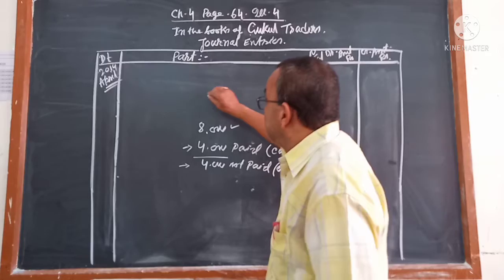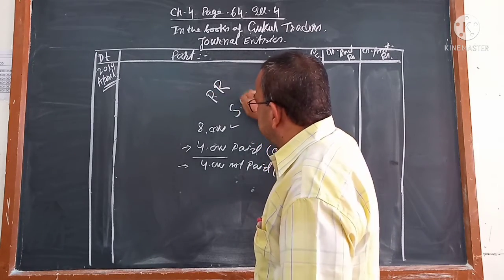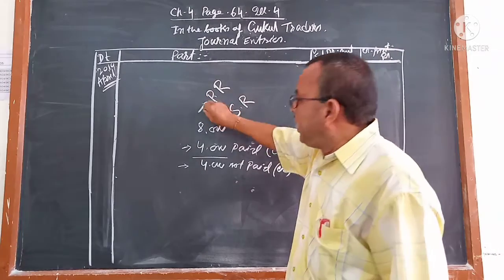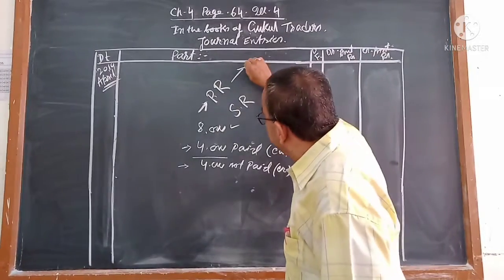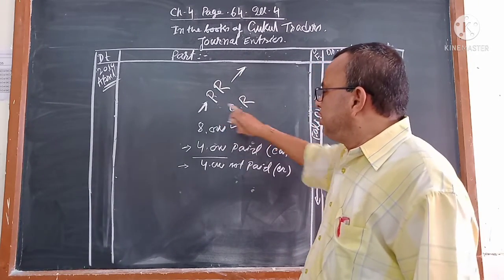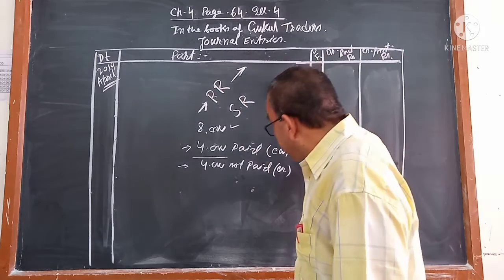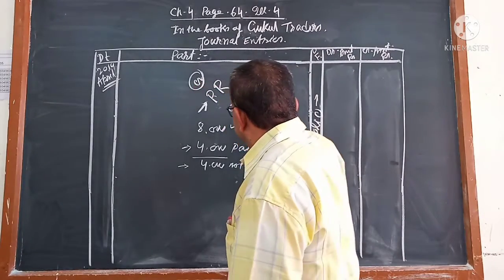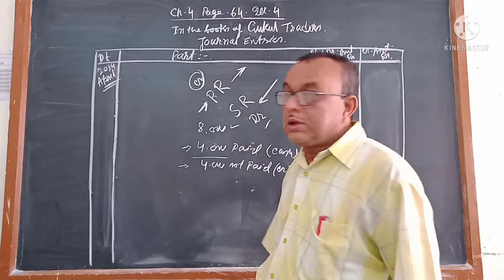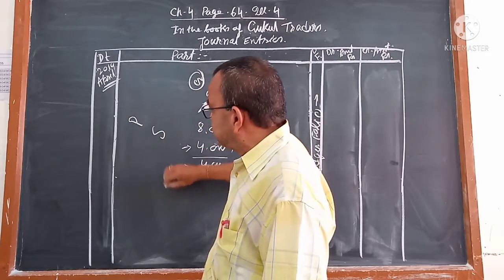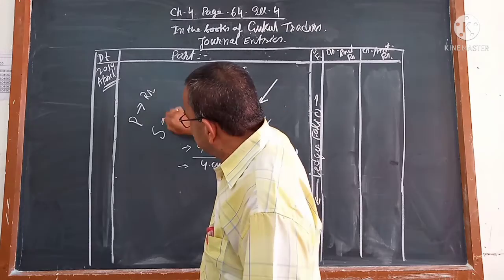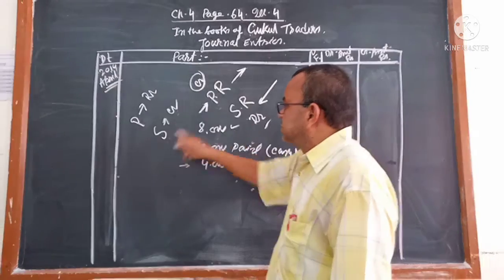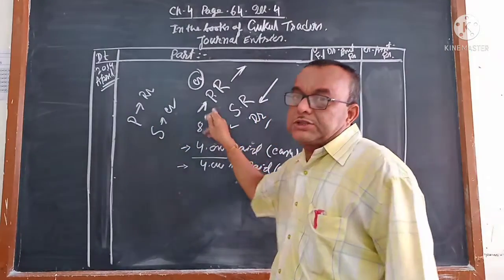Keep in mind once again. One is called PR, purchase return, and the other is called SR, sales return. Goods which you purchased and that you are giving back, meaning goods is going out, that is called purchase return. Goods which you sold that is coming in is called sales return. And purchase return is always credit. Sales return is always debit. Only purchase is debit and only sales is credit. But sales return is debit, purchase return is credit. Reverse.